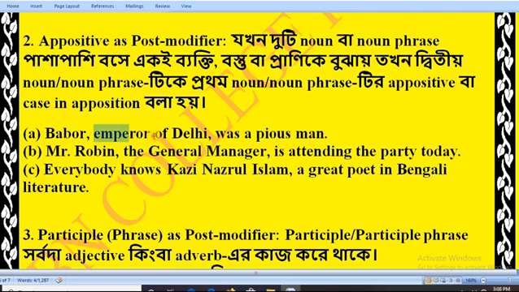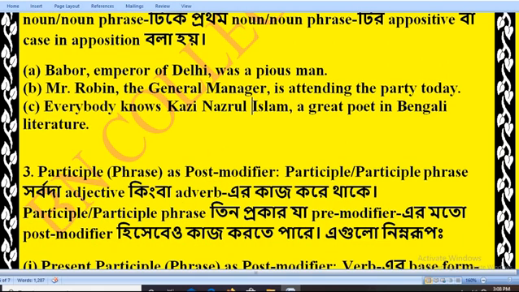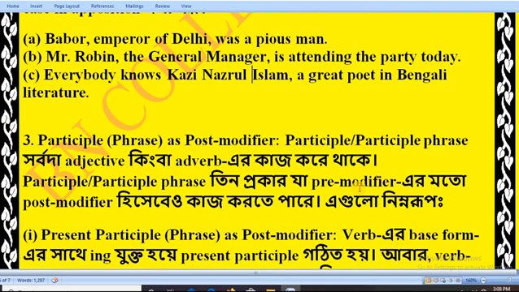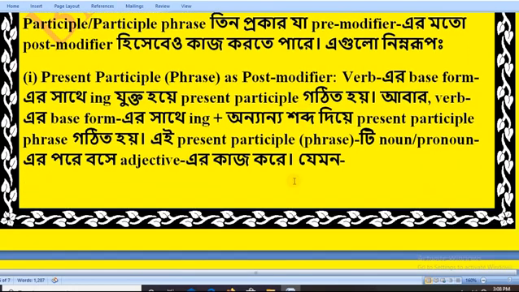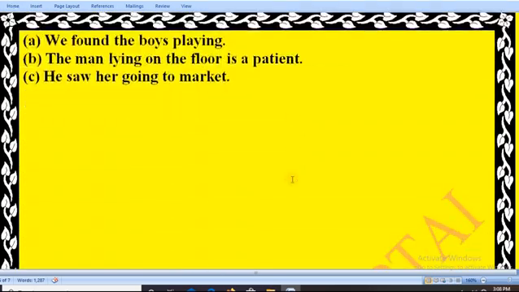আর এটা তাহলে কি, অ্যাপোজিটিভ অ্যাজ এ প্রি মডিফায়ার। তার মানে এটার আগেরটা হলো এটা, আর এটা যেহেতু পরে, তাহলে এটা হচ্ছে post. Okay, Mr. Robin, the general manager, is attending the party today. Here, is attending the party today is a post modifier as an appositive. Participle phrase, participle phrase কি আগেই বলা হয়েছে, তার মানে এটা পরে বসলে সেটা post participle phrase. Okay, post modifier. Okay, present participle পরে বসলে সেটা post modifier. এই হলো মূলত